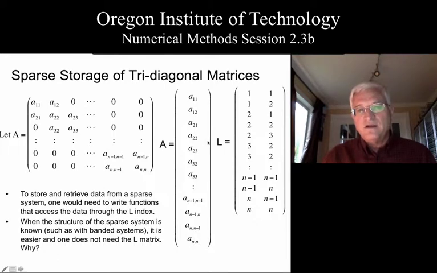Why do I say that? Well, if I know that the first diagonal was loaded at the top of this vector, then I can predict the indices to be 1, 1, 2, 2, 3, 3, and so forth. And I know when it gets to the end, and when I get beyond that, I can do something similar with the superdiagonal and then the subdiagonal. So there's an algorithmic way to reproduce the row and column locations without storing the L matrix at all. And I'm going to let you figure that out in your homework.